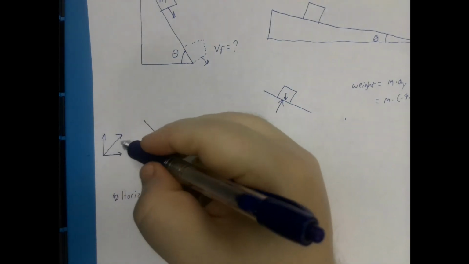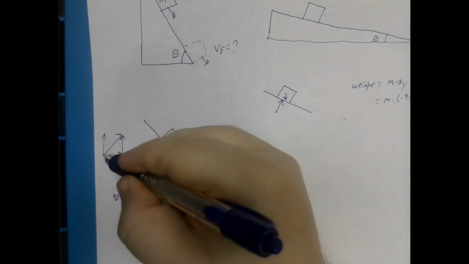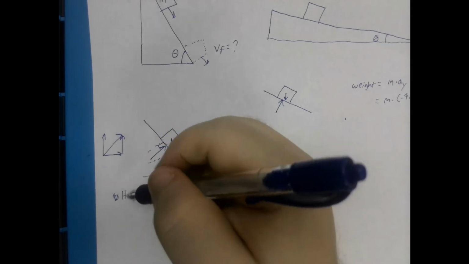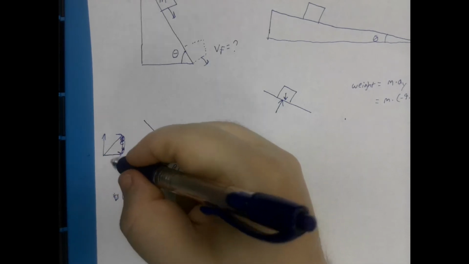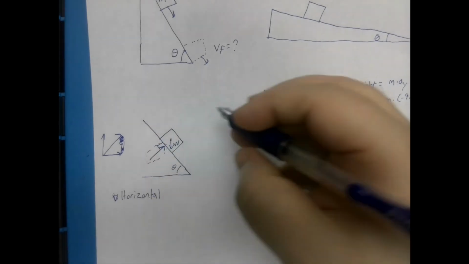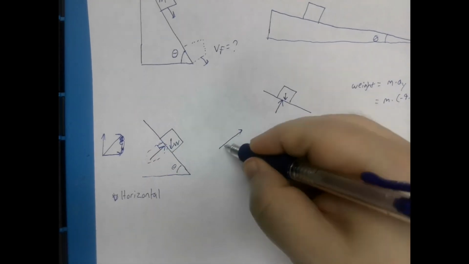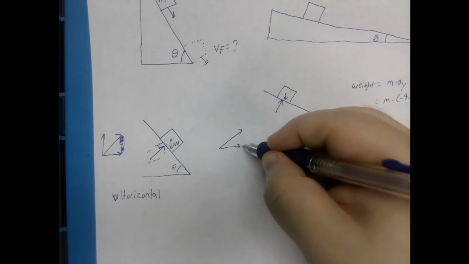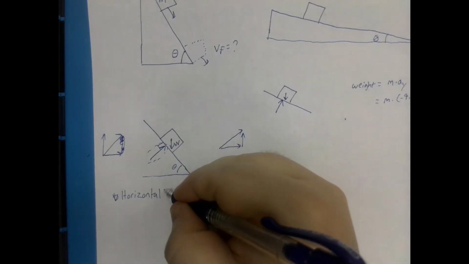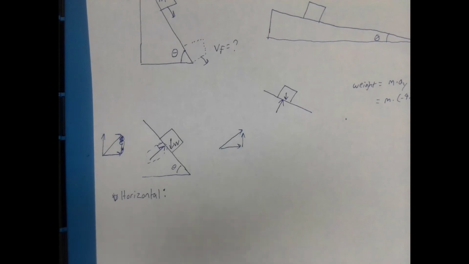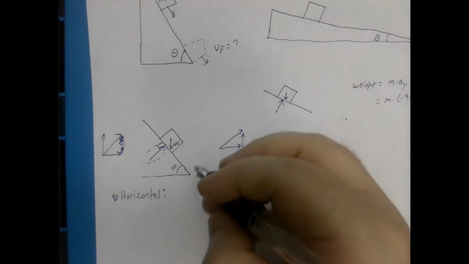And we can move this side of it to be right here so that they connect up. But it has a vertical and a horizontal. So we can take this and do a horizontal and a vertical. So the horizontal force